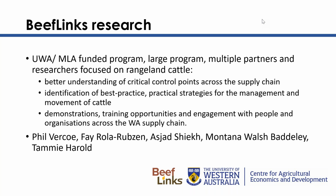and also researchers. It's predominantly focused on rangeland cattle, with the idea to address these three points: a better understanding of the critical control points across the supply chain, and identifying best practice and practical strategies for the management and movement of cattle from north to south. The program has also used demonstrations, training opportunities and engagement with people, including producers and industry across the